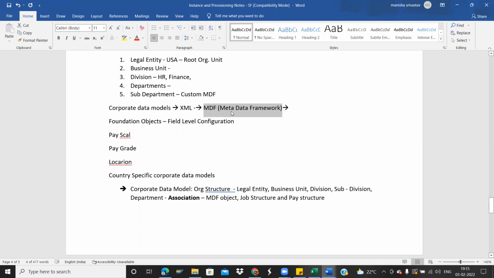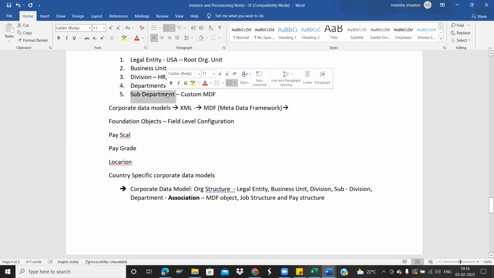But for your knowledge, you are able to configure or create custom MDF objects also, if any layer is missing. For example, sub department is not a standard layer, so we create sub department, which is nothing but custom MDF.